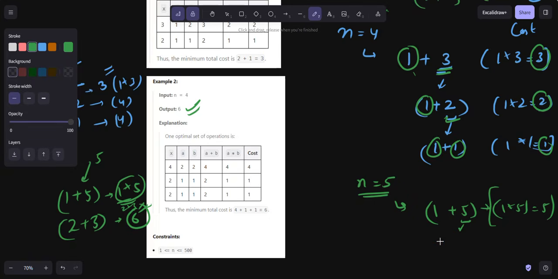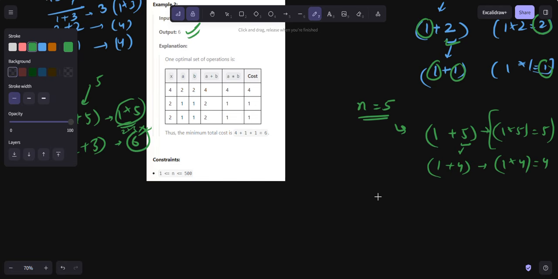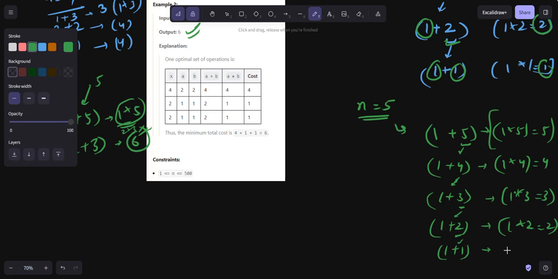Now split this 5 further, 1 plus 4. Then I'm going to get 1 into 4, that is nothing but 4 only. And here 4 you can further split, 1 plus 3. So here you are going to get 1 into 3, that is nothing but 3 only. Now this 3 you can further split, 1 plus 2 you can write. So here you are going to get 1 into 2, that is nothing but 2 only. This 2 you can further split, 1 plus 1. So you are going to get 1 into 1 is equal to 1 only. So now here in this case you are seeing 5 ones, right? 1 2 3 4